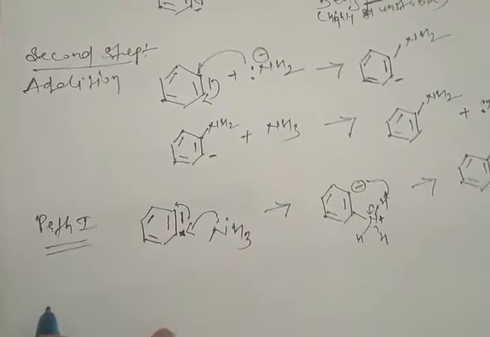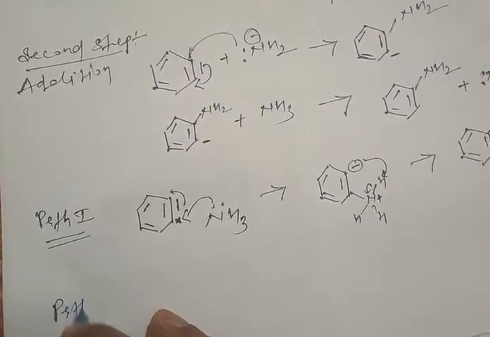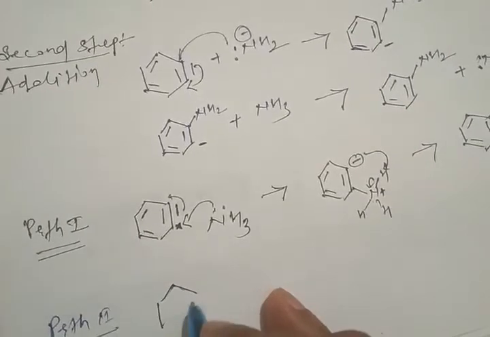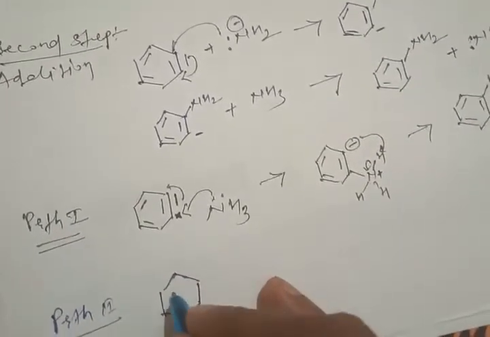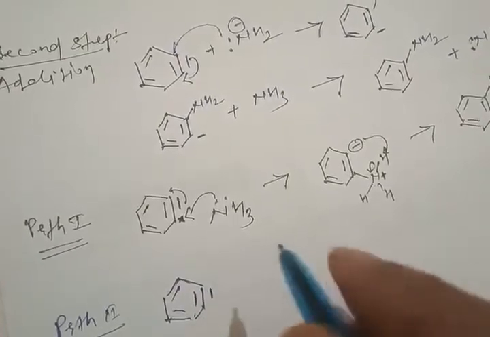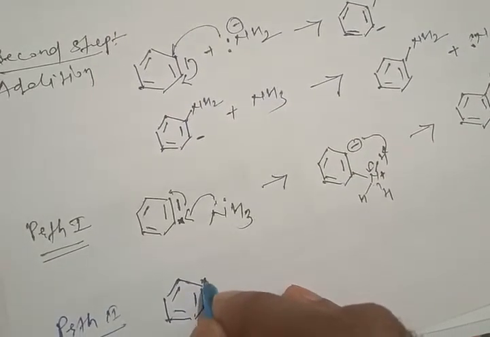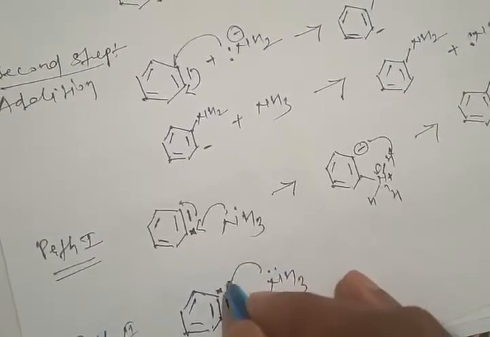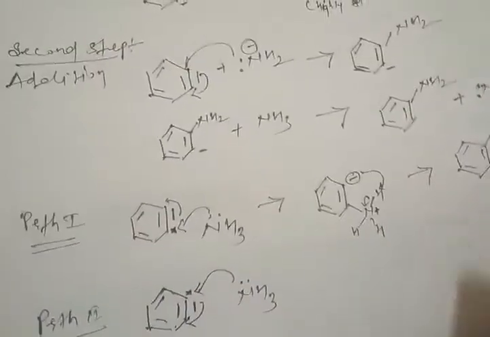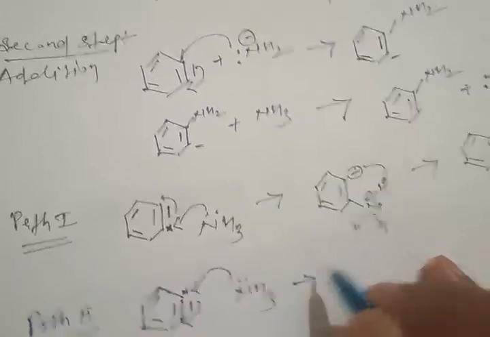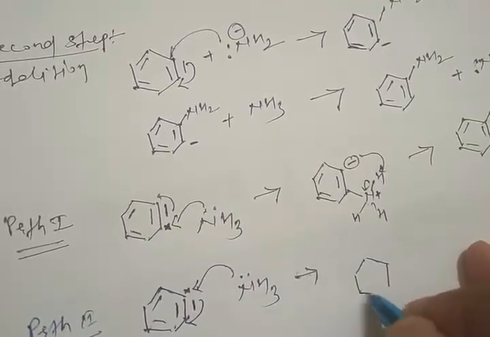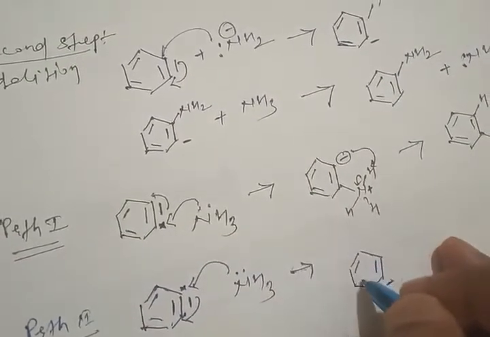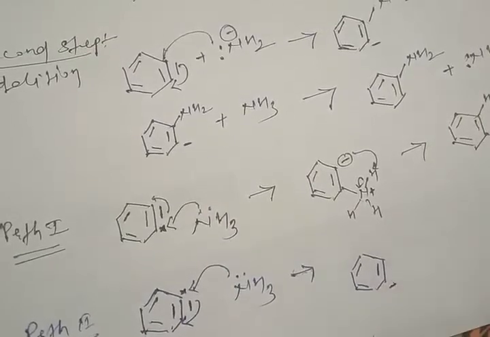Now we'll go for the second path, that is path second. In this way, what will happen? We will have the benzyne intermediate. Now I'm marking this carbon. NH3 will attack this side, so the pi electron will go to this side. And as the pi electron goes to this side, we'll get a negative charge on this side, pi electron,